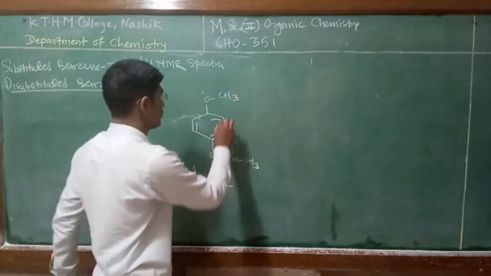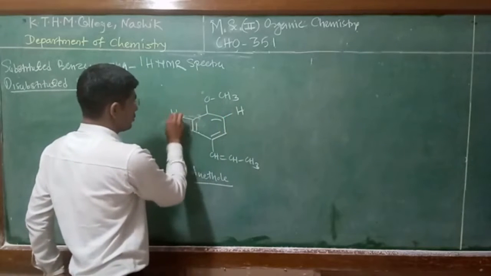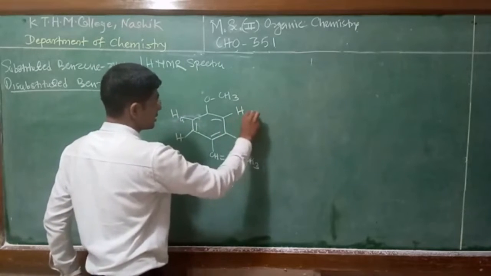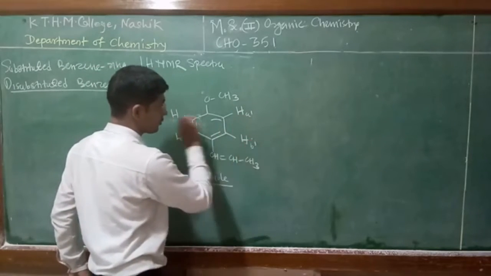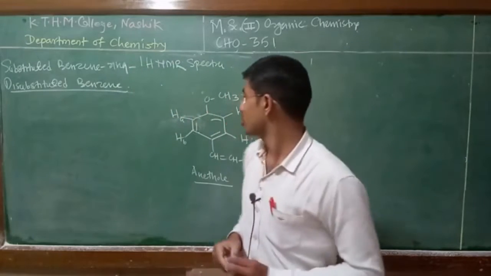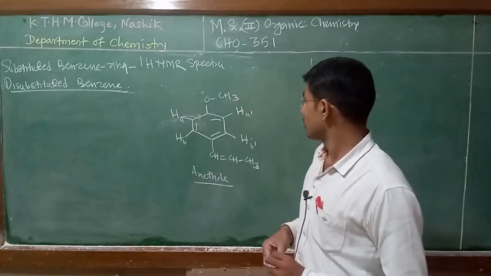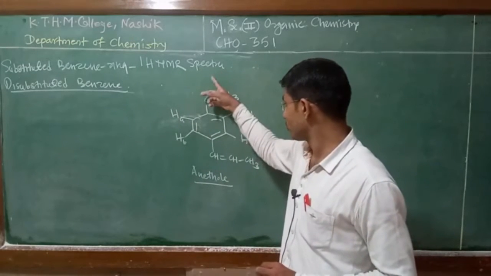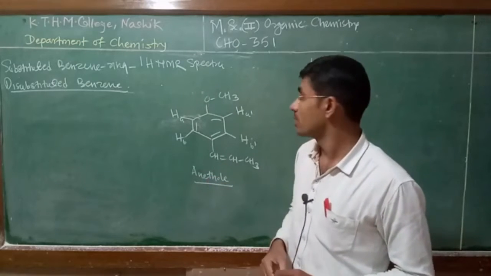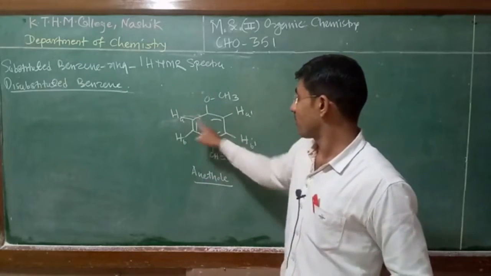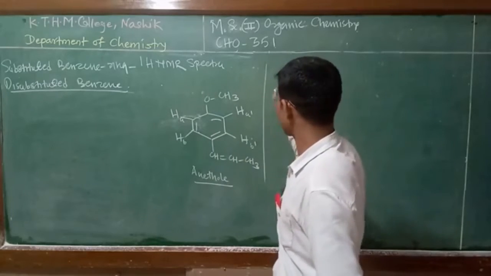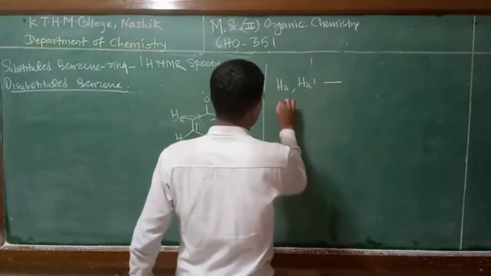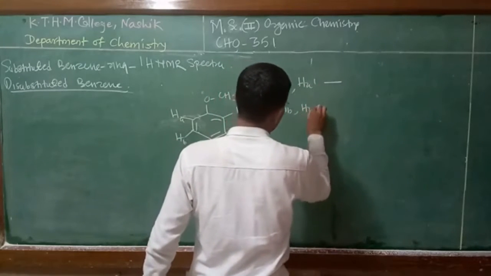So in anethole, in this aromatic ring portion, the protons are Ha and Ha dash, Hb and Hb dash, suppose, as notation for these protons. Passing a plane through the methoxy and propionyl groups, these protons are chemically equivalent. Also these protons are chemically equivalent, meaning proton Ha and Ha dash are chemically equivalent, and also Hb and Hb dash are chemically equivalent.